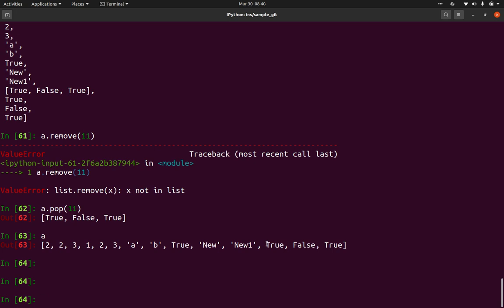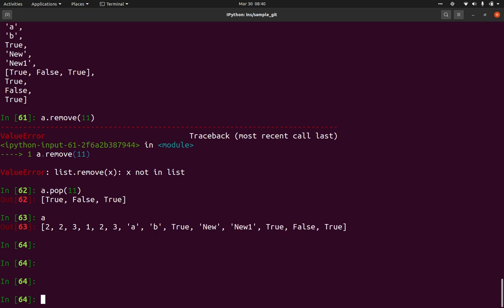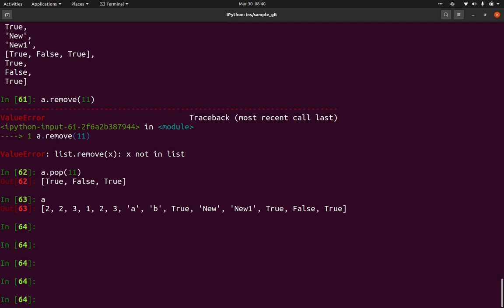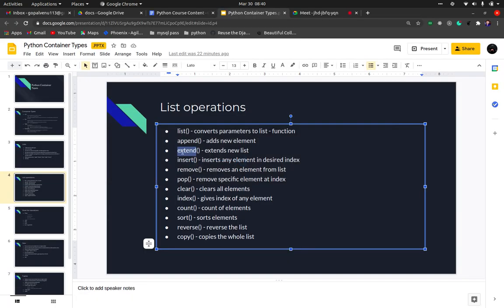Now you can see after extending, my 3 elements have been added individually. So this is how we use extend, to add elements of one list into another list. So that is extend.